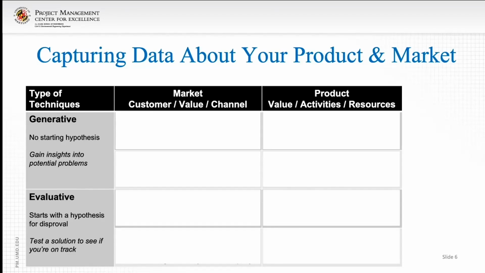We also take the kind of data that we generate and think about it in two different groups. We have generative, which is data that we generate without having a hypothesis. We're kind of open to discovering new information and insights. And then there's evaluative, where we have a hypothesis and we want to see if it is correct or not. We're testing our solution. So to begin, in the market area, when we're generating new information, we're oftentimes asking the question,